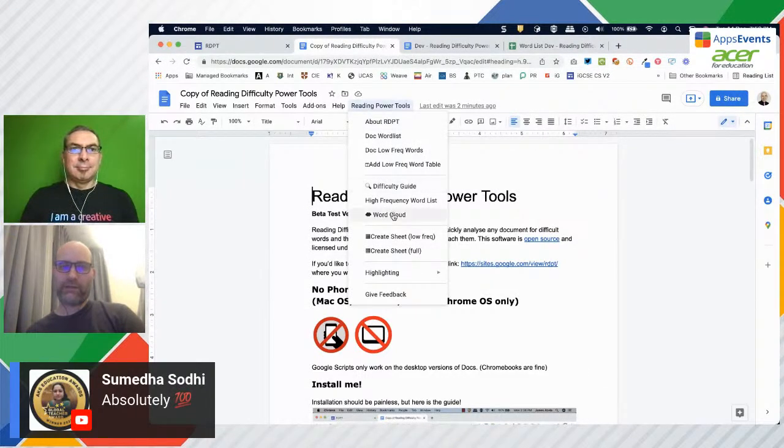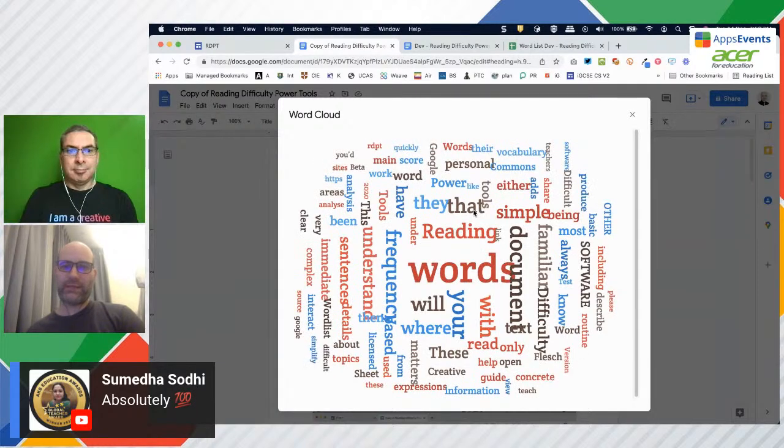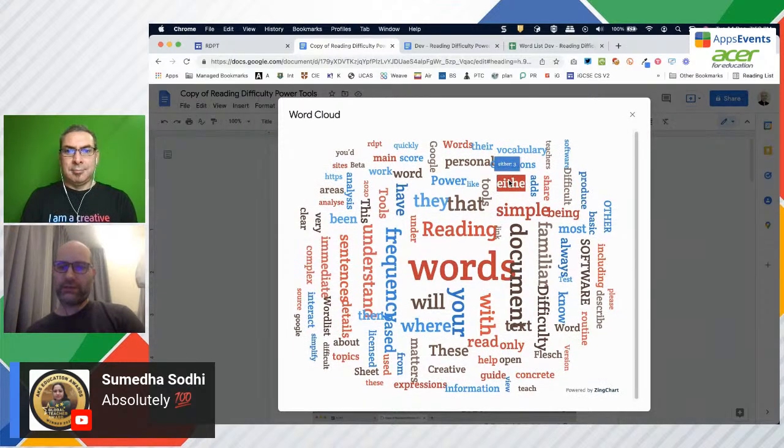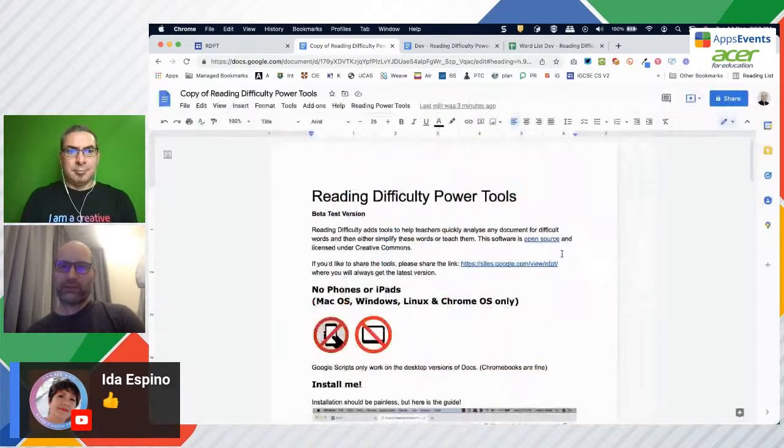One of my favorite little tools is the word cloud. So we'll try that there and just have a look. And I think word cloud is really, really helpful with any document you happen to put in there, because you can just have a quick look. And I've always found this when I was an EAL teacher, a word cloud is so powerful just to get a rough idea as a teacher what you're about to teach and what the difficult words might be. But also it does deal with frequency there. And so that is the tool.